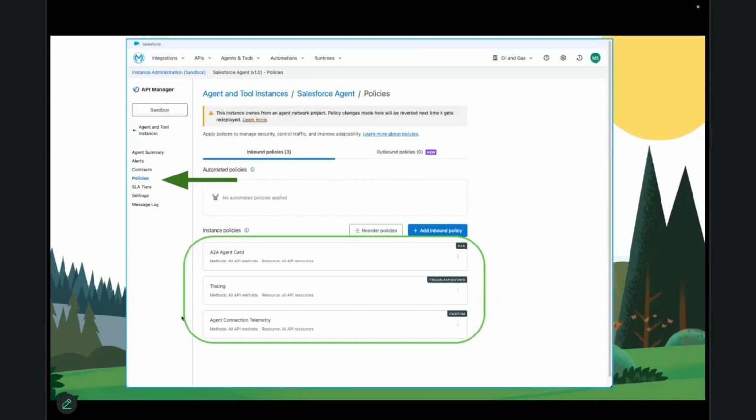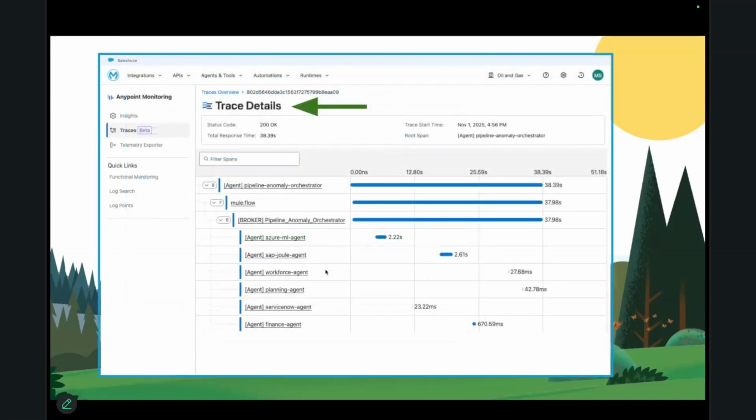If they go out of bounds, you can put context policies on them to control the type of messages they even talk with each other about. Now, after those policies are easily and declaratively added to each individual agent, tracing is enabled across the call.